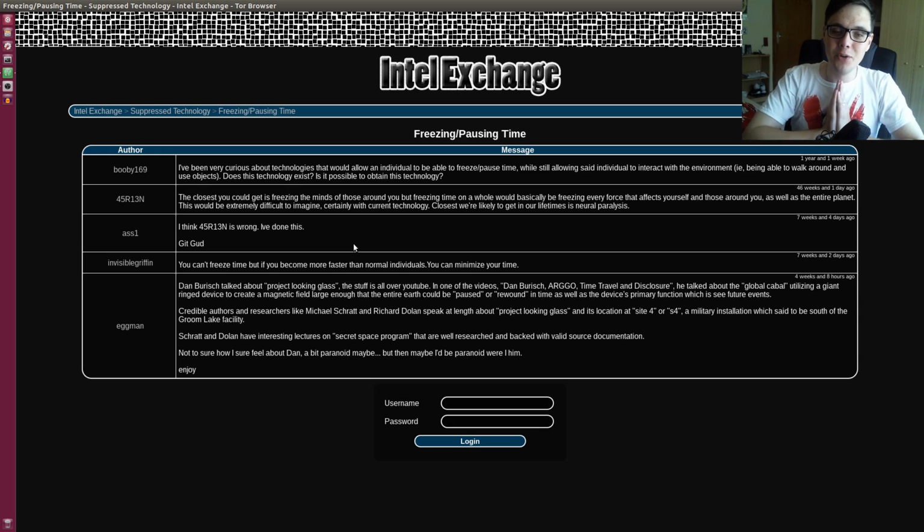Okay, so you already see what the Intel Exchange is, right? It's amazing. I love it. I just simply love it. I love to click through this, see some tinfoil hat stuff and all that kind. But yeah, if you want to experience it, Intel Exchange, accessible via the hidden wiki, perfectly fine. Have fun. I will be reading a lot of this in the upcoming episodes.